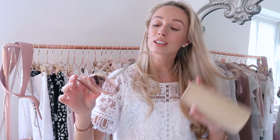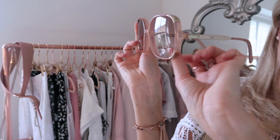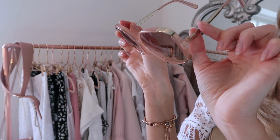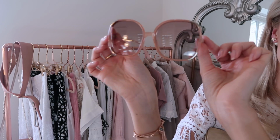I definitely feel a little bit like Nicole Richie from The Sweet Life. They're very big on my face, but I don't mind that. I think they're such a great statement sunglasses. I've wanted a pair of Chloe sunglasses for quite some time now, and these I felt were just kind of my perfect ones. I really like this gold bar on the side, and then they've got a little bit of gold in the top corners as well, which I think is a lovely detail,